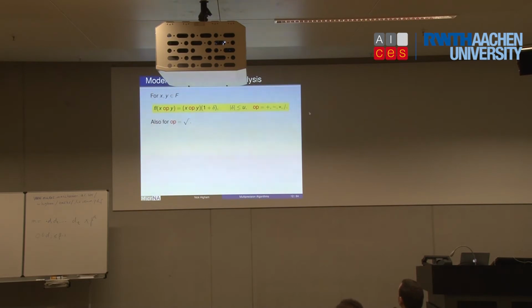So if you have two numbers in our system F, x and y, and you want to add them, the IEEE standard says when you add x and y, you have to add them exactly and then round back into the system. So the result your computer must return for x plus y is the true x plus y rounded back into the system, times 1 plus delta with delta bounded by u.